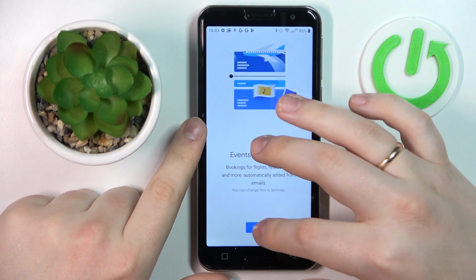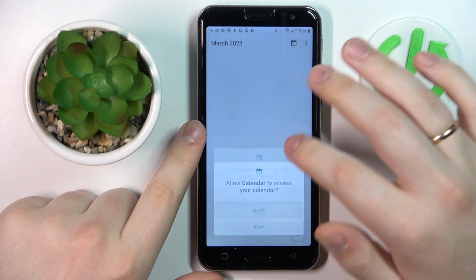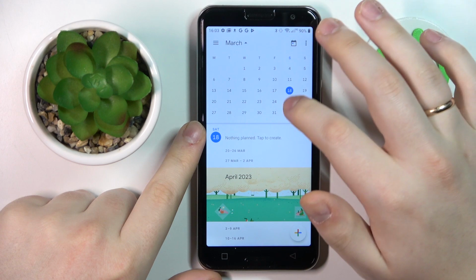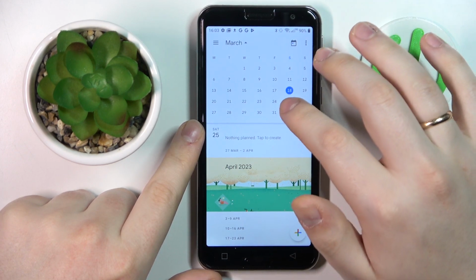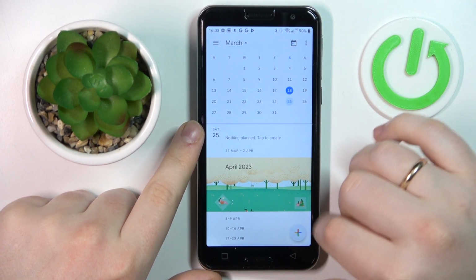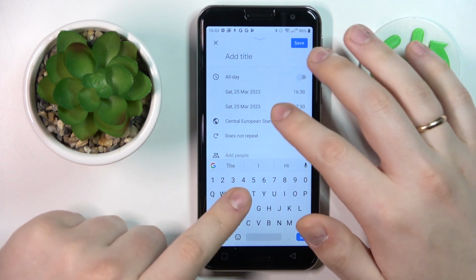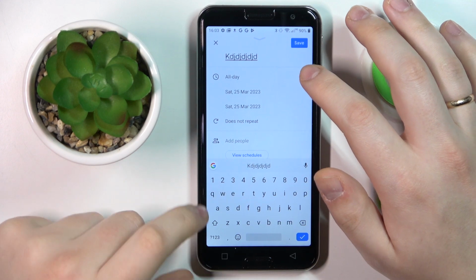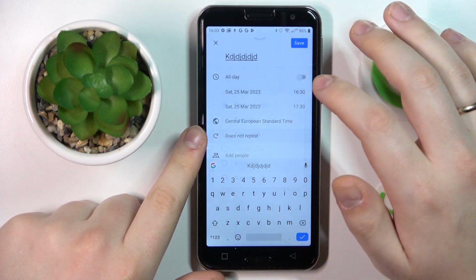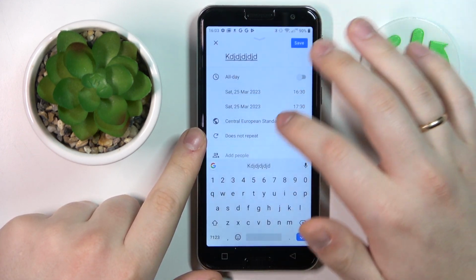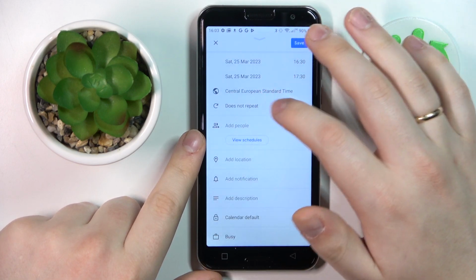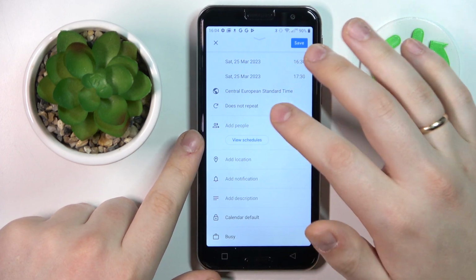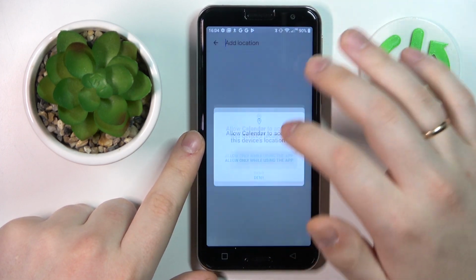Then select the date that you would like to create an event on. I will go with 25th of March. Then tap at this plus icon to your bottom right, and in here you can name your event, set the time frames for it to occur, make it repetitive or reoccurring, change the time zone, invite other event participants or other people that you would like to participate, add the location that this event will take place at,